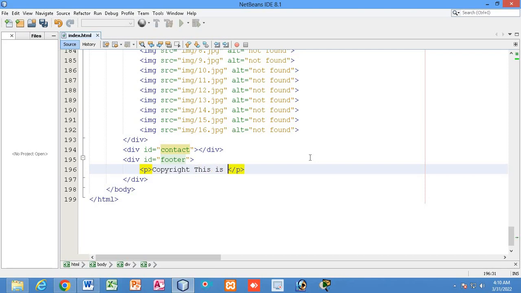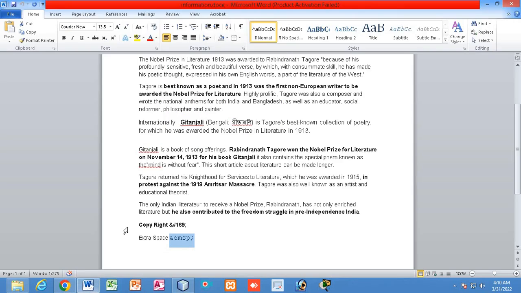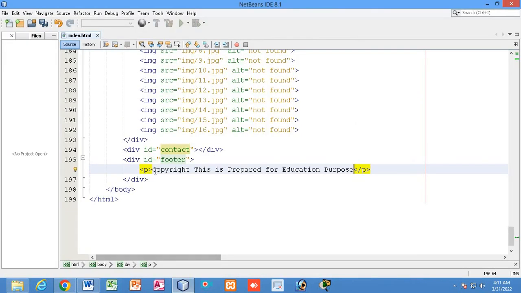This is prepared for education purpose, right? For the copyright symbol, this is the syntax that you need to add. Just note down this particular syntax to apply the copyright symbol in your web page. You can see over here,